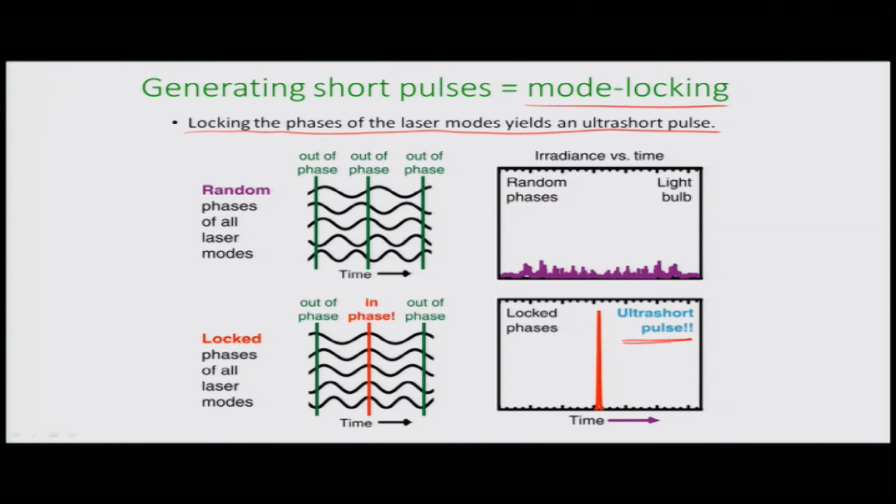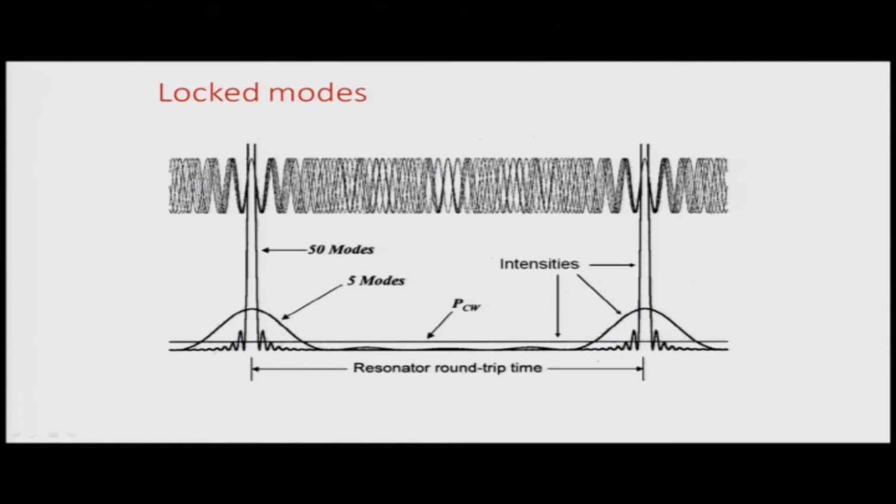So, this is the ultra short pulse during which all the phases are the same. So, here is how it looks like. Then there are all these different modes that we are coming out from the laser. This is the resonator round trip time, and as the modes get to have the same phase, they